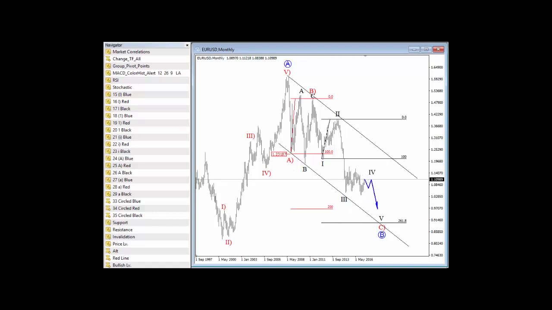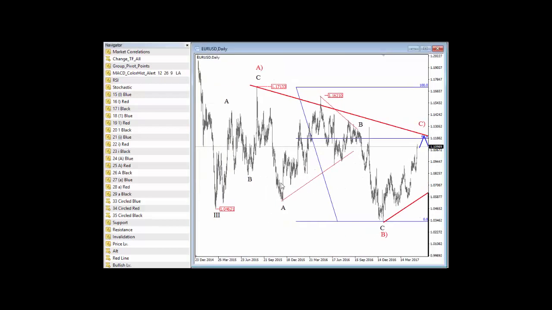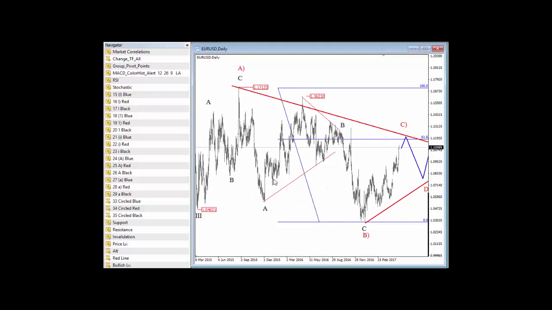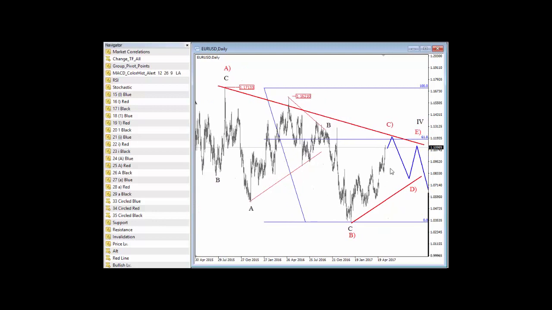So I made a new count on the shorter term time frame. On a daily chart I'm looking at a triangle formation still in progress. Despite the fact that Euro Dollar is rising significantly over the last few weeks, I still think that this leg can be corrective. Even though we were tracking a different structure on a higher time frame before, we are still looking for these short-term levels to be very similar. What I mean by that is that we may see a reversal or limited upside around current levels.